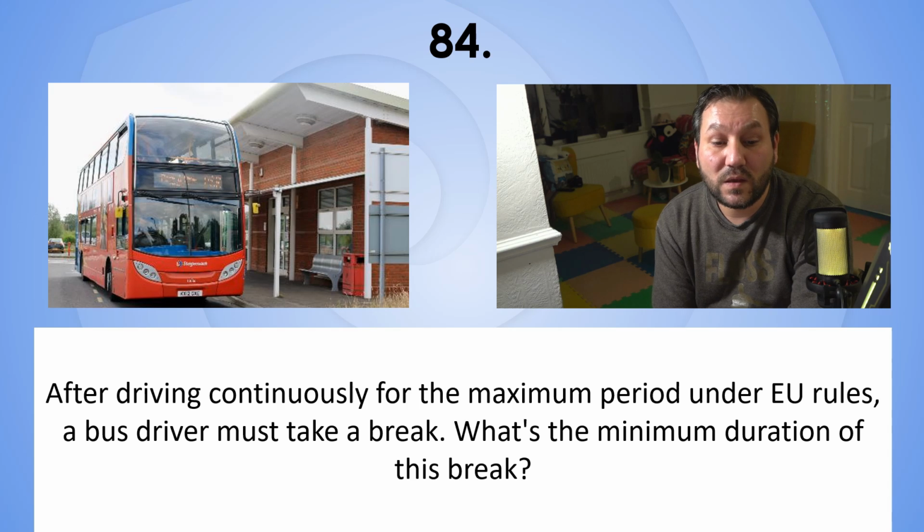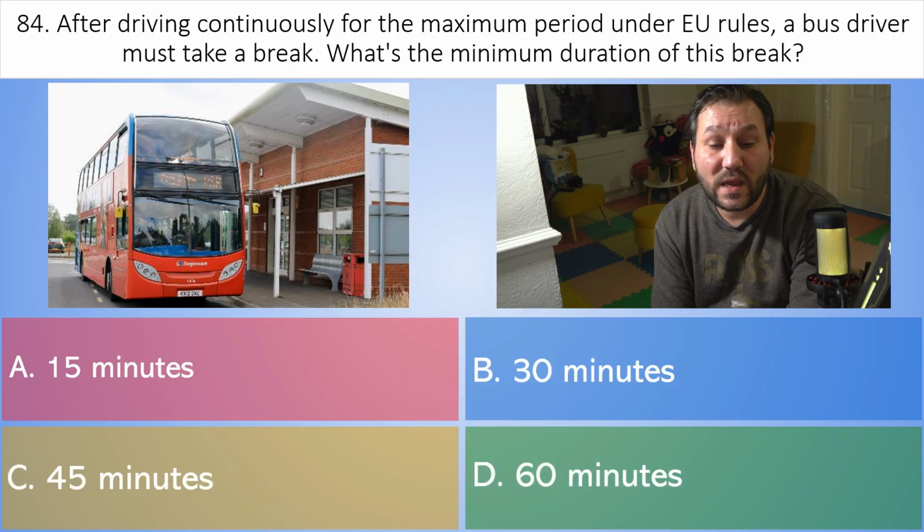84. After driving continuously for the maximum period under EU rules, a bus driver must take a break. What's the minimum duration of this break? A. 15 minutes. B. 30 minutes. C. 45 minutes. Or D. 60 minutes. The correct answer is